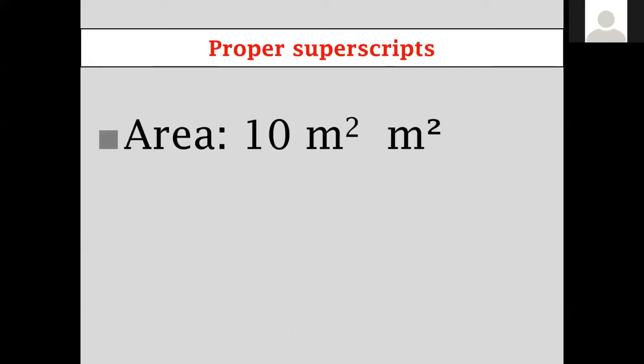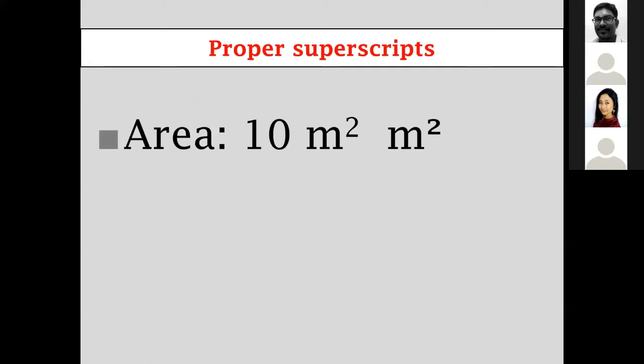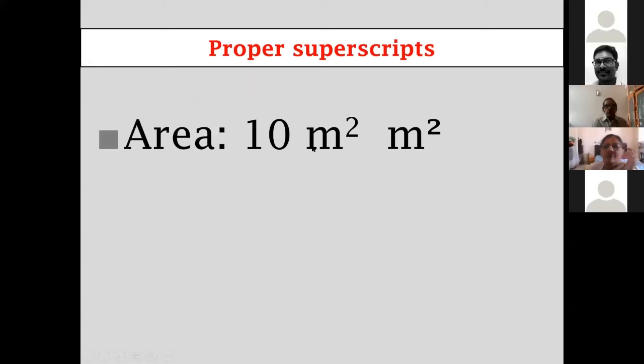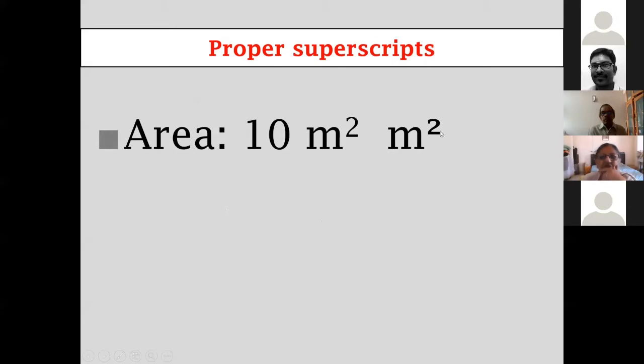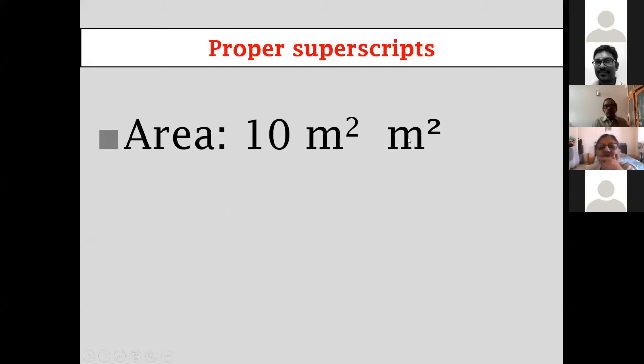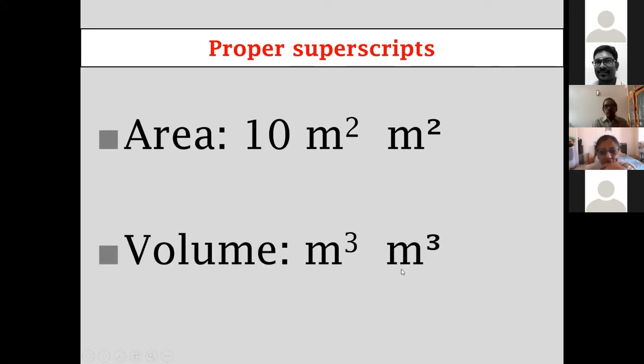So let's come to, I started with this question. Now you see the difference here, that the first version is what I described, that you typed M, then you typed 2, you selected it, and you made it superscript. You can see the difference in color. In the second version, the color of the letter and superscript is even. That is refined typography. Now, how do you get this?